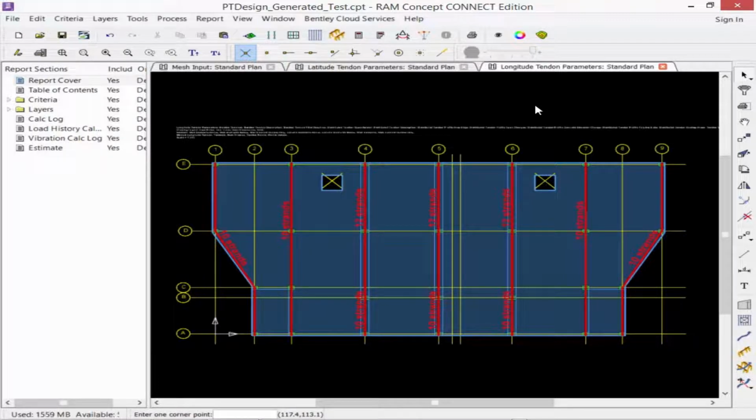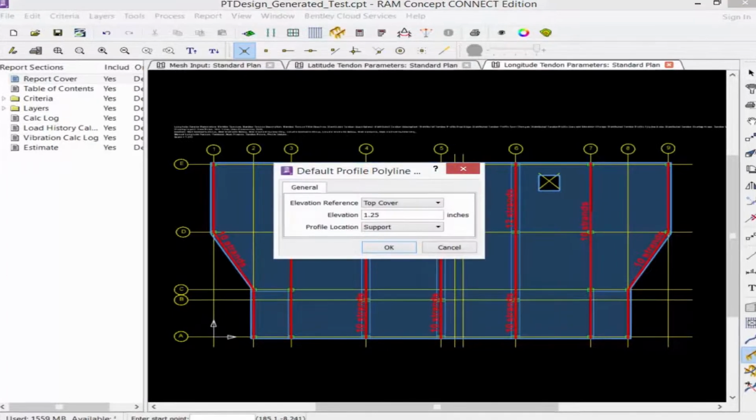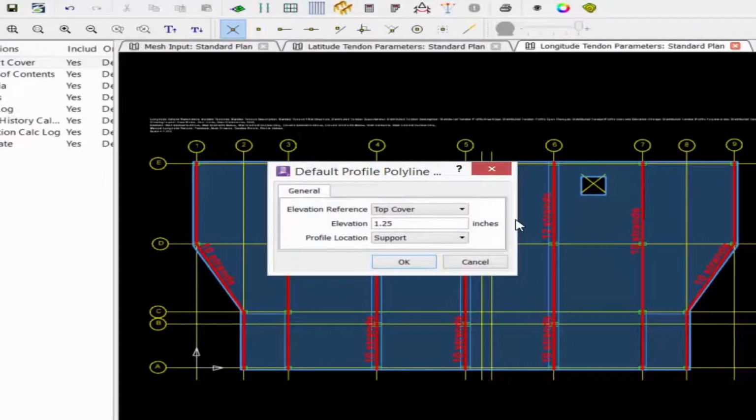Now to manually create your support polylines, which is where you'd want to start, you're going to go over to your layer specific tools and double click on your profile polyline icon. This will allow you to specify the properties of the location that you want your profile polyline to be at. We are going to be creating some support polylines, and we're going to enter them according to the top cover requirements. And we're going to start by specifying an